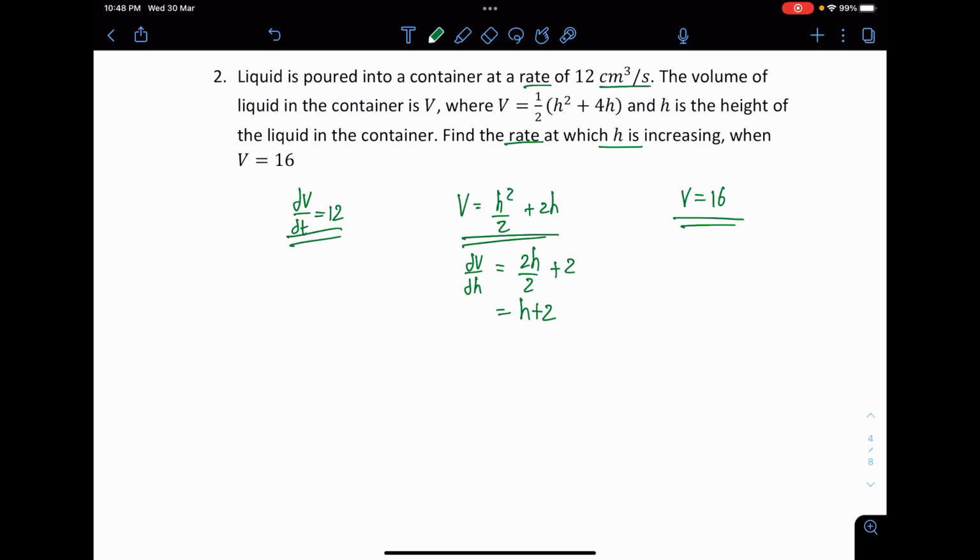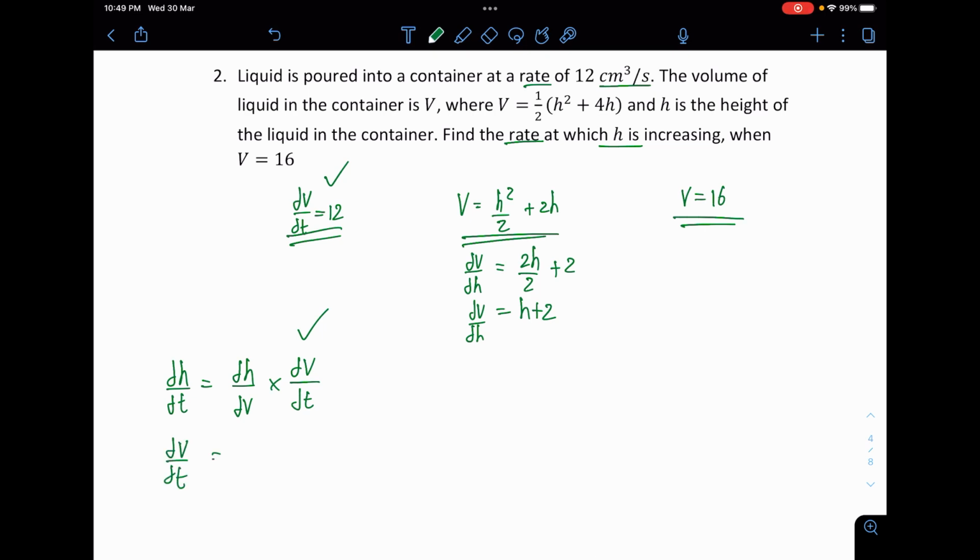Then the question is also asking you to find the rate of change of h, so I just put dh over dt equals to this. Now the 2 blank spaces are confirmed to be dV and dV, because we have the dV/dt here. But you see that the differentiation I got from the second piece of information is dV/dh, not dh/dV. Meaning we need to rearrange them into something that works. Maybe I'll make dV/dt the subject instead, like this. Then I'll put the dh and dh. Let's see whether it works now.